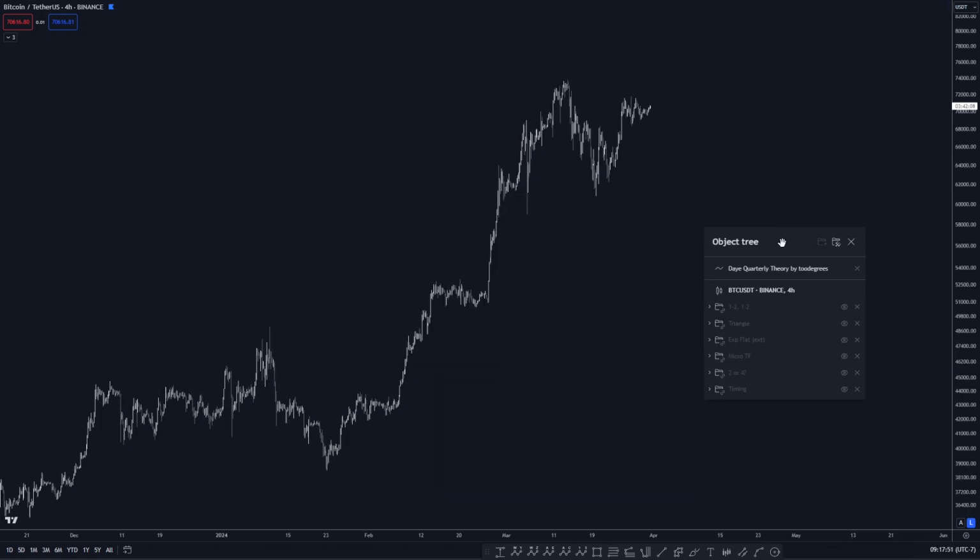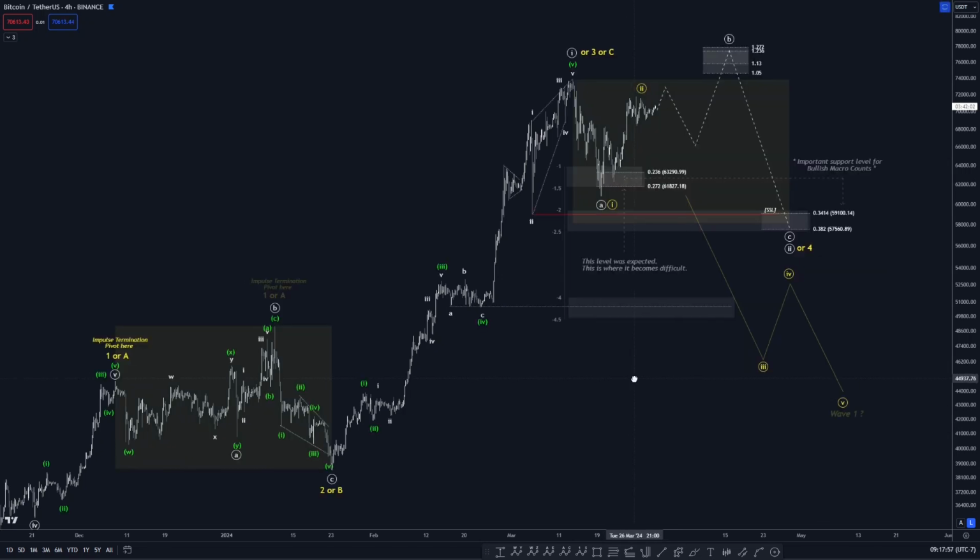So on the medium-term time frame, we've got a roadmap that we've been following here. And it all really stems from building the base from this correction right here. And it all stems on observing if this is a 1 or A pivot, and a 2 or B pivot, and then a 3 or C pivot, moderately. From an extreme stance, we could be in another wave 1, which is a very bullish perspective. But moderately, we're looking at this as a 3 or C, leaning more towards a 3.